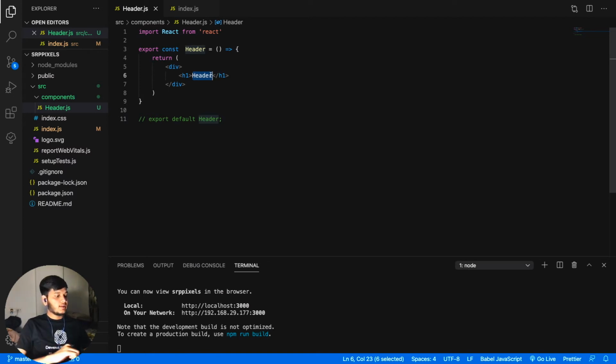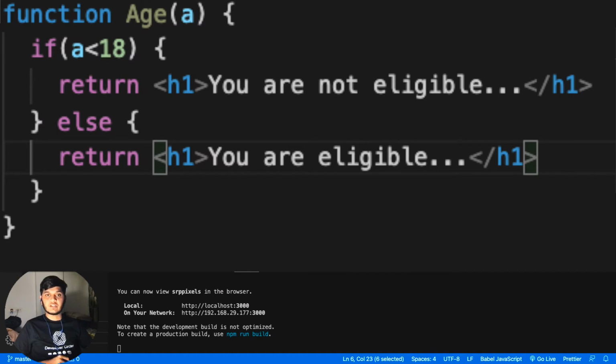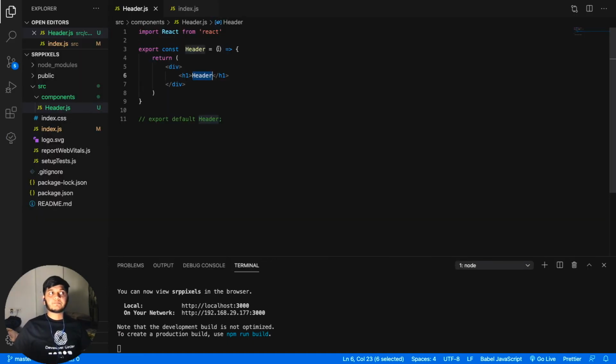What is props? First of all, let's understand what props is. If you are familiar with any other programming language, you might have come across arguments. You are passing some arguments to the function. Whenever you are calling a function, you are passing some arguments according to which the function does the logic and gives you this output. Like we have seen in our earlier videos, the age function we have mentioned, we are passing the age of the user as an argument. So that's simply props, but in React we call it props, not arguments.